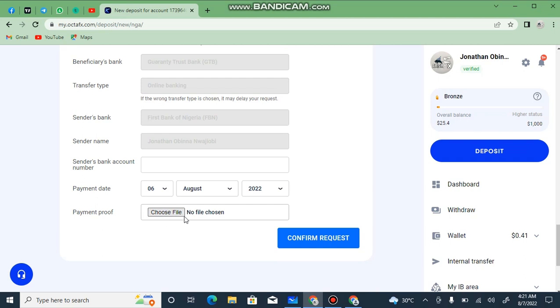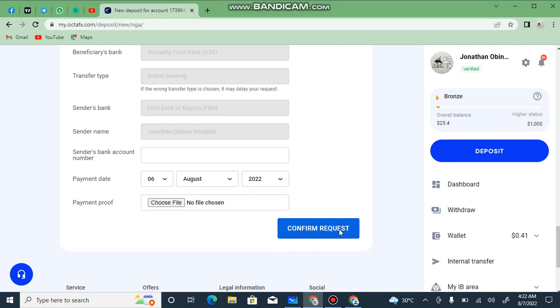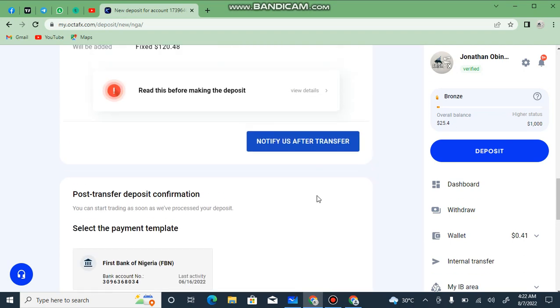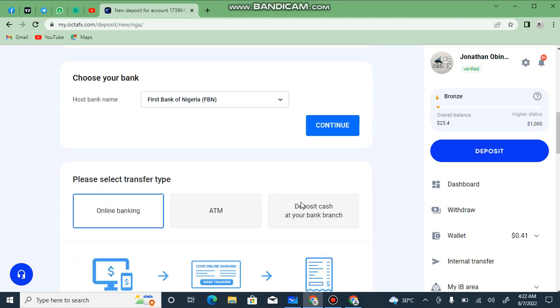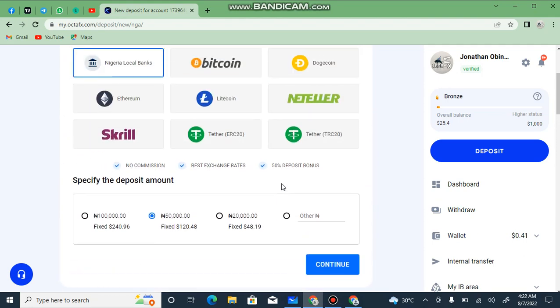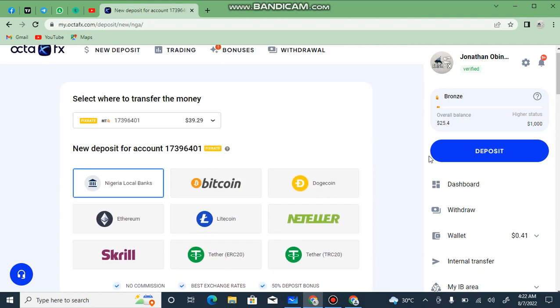The payment proof, which is the screenshot of it, or the slip that was given to you from your app, you have to upload it for them to see it. Once you have done that, you click confirm request. Once you click confirm request, they check your payment and credit you, so you have your money in your account for you to be able to trade. So that is super